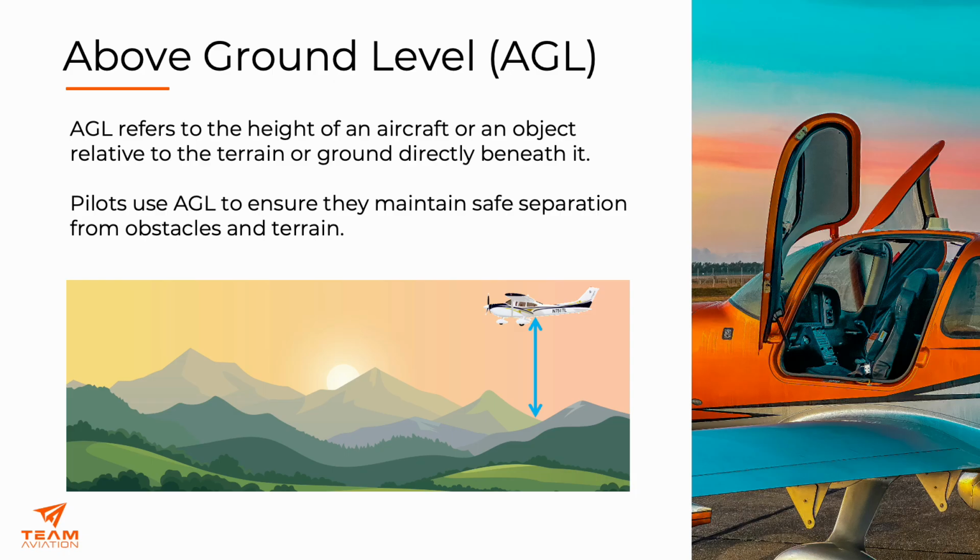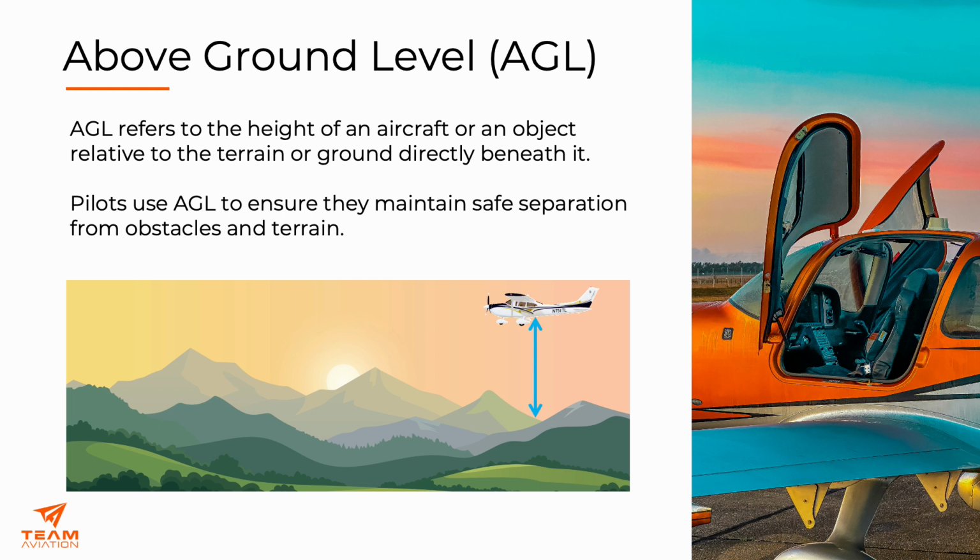First, we need to understand above ground level, or AGL. This refers to the height of an aircraft or an object relative to the terrain or ground directly beneath it. This means that the height above ground level is always changing depending on the elevation of the land below. Pilots use references to their height above ground level to ensure safe separation from obstacles and terrain, especially during takeoff,